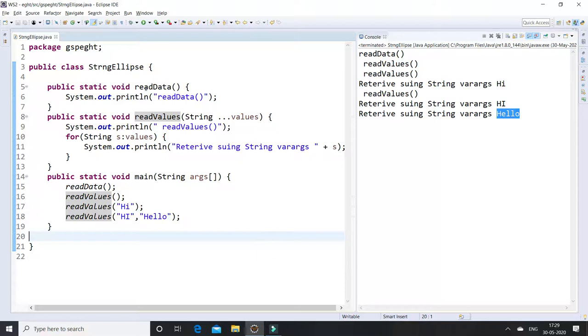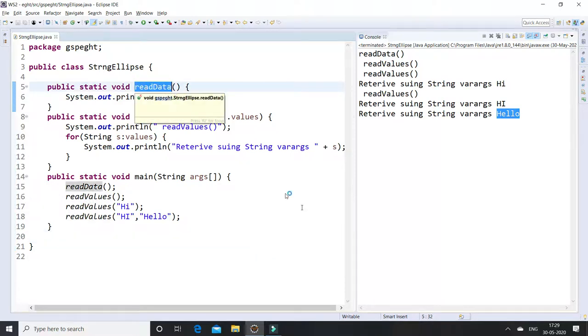For example, if the user wants a read data method accepting two more arguments, it will not work. We would need to create one more method. That's why we need to use string varargs methods.